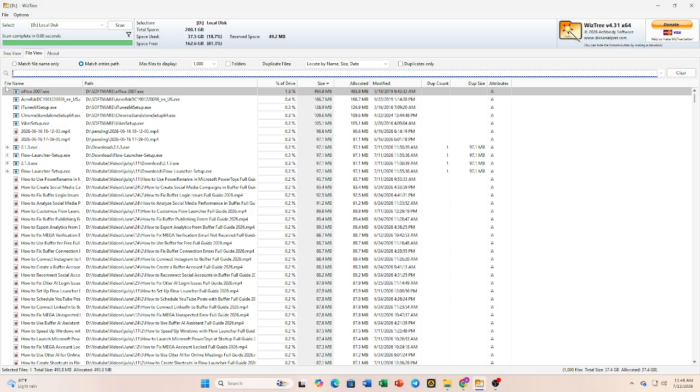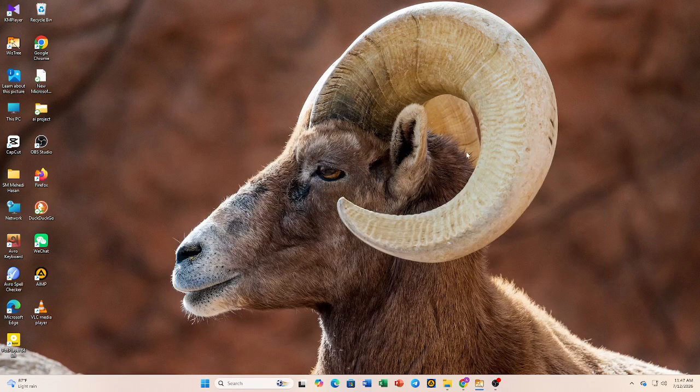Before deleting anything, review the file carefully to make sure it's no longer needed. If you're unsure, consider moving it to another drive or creating a backup instead of deleting it permanently. And that's it. You now know how to find large files with WizTree and free up valuable storage space on